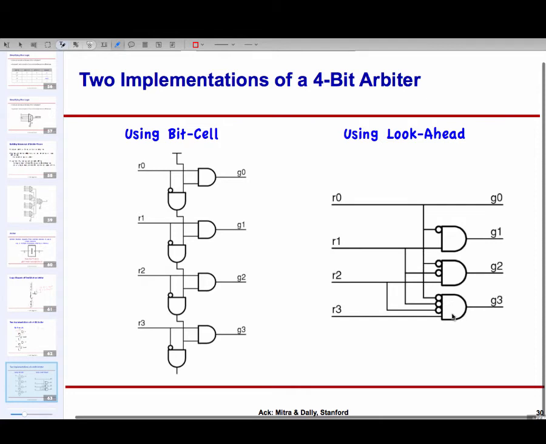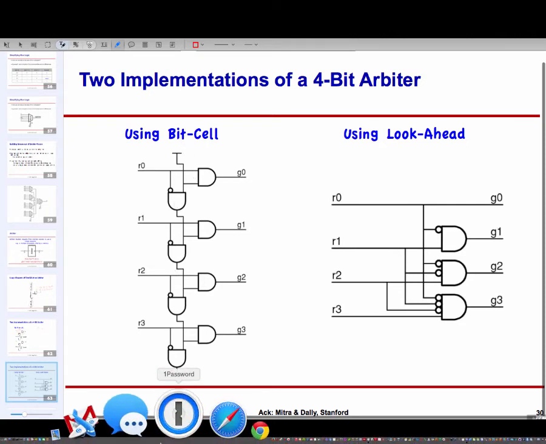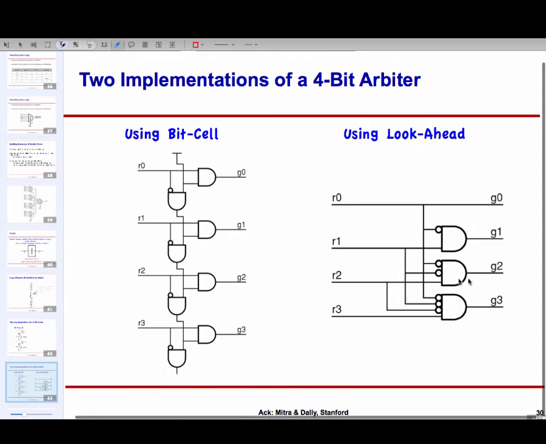Not quite. These gates are growing. The first gate had 2 inputs, the second gate has 3 inputs, the third gate has 4 inputs. If I have 100 sources, then the final gate is going to have 99 inputs. So it's going to be a monster AND gate and not very good. It will have huge delays. Whereas here, even though my gates are simple, I have 100 stages of them. Which one wins out depends. You may end up with some really truly huge transistors and circuits out here. This circuit is probably going to be much lower in area, but it's going to be slower. Whereas this circuit is going to be larger in area, but it's going to be faster.